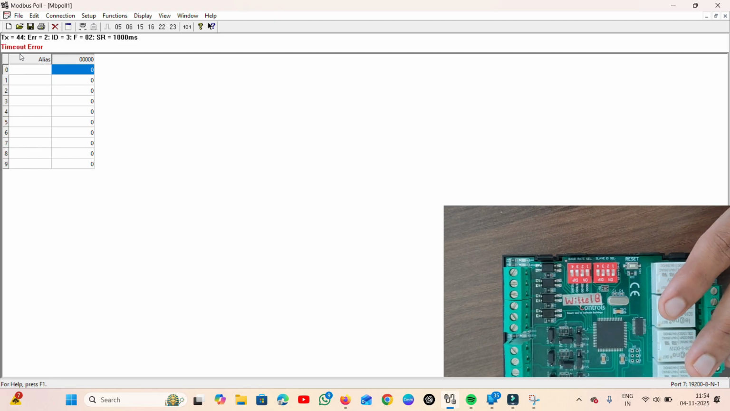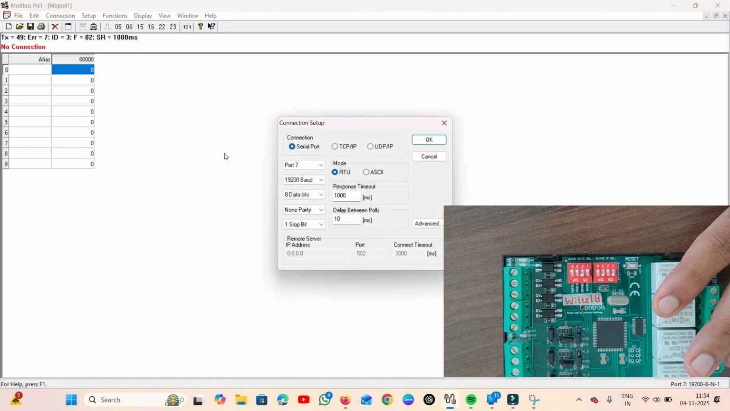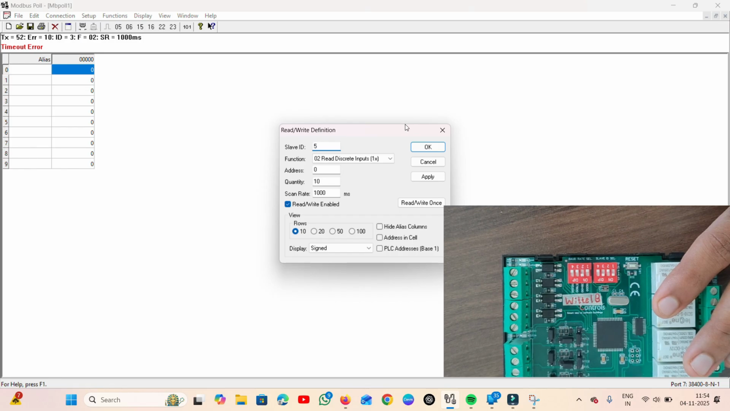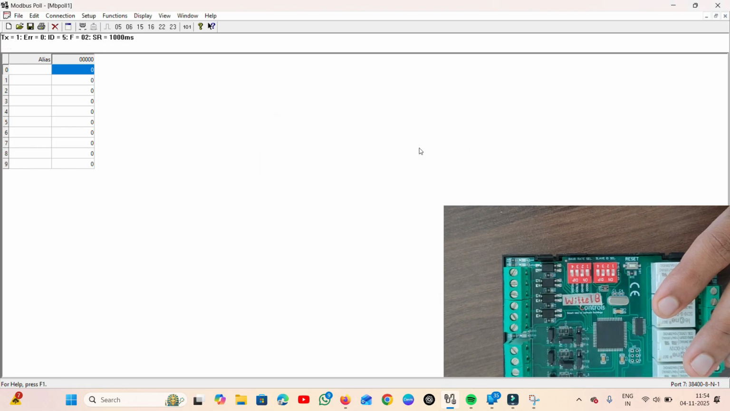See, here I will get the timeout error. Do the same thing, disconnect the board and connect the board with the new configuration. The baud rate will be 38400. Okay, then the slave ID will be 5. See, here the board has connected properly with the new configurations as slave ID 5 and the baud rate